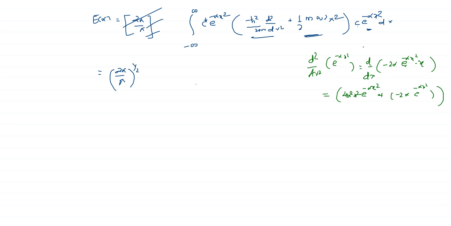Okay, so we have obtained this part. Let us just substitute it over here and also multiply with this e raised to minus alpha x square. Let us change the color to black. So what we will have, minus infinity to infinity, this e raised to minus alpha x square will multiply the whole thing. So 4 alpha square x square e raised to minus, it will become 2 alpha x square, then minus 2 alpha e raised to minus 2 alpha x square.